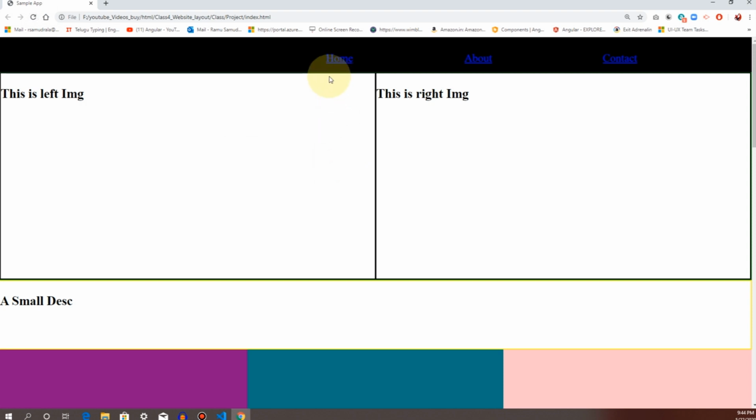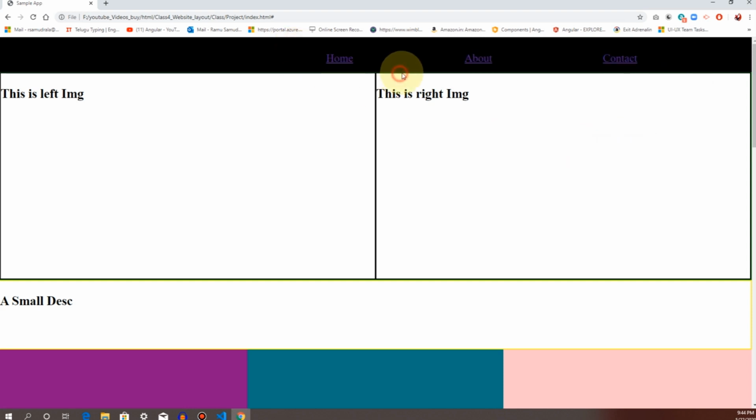Yes, if you mention it inside of an anchor tag, then it will apply default styles. The default style of an anchor tag is that the text displays in blue color and automatically has an underline, displaying like a link. Clickable links. So this is the navbar behavior.